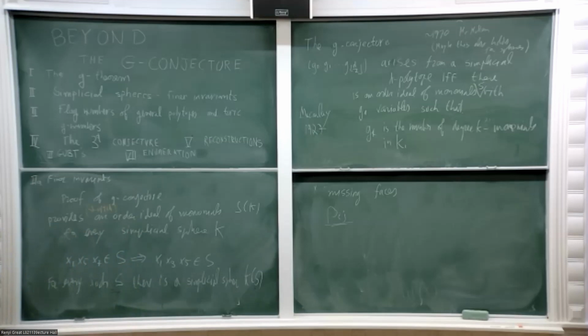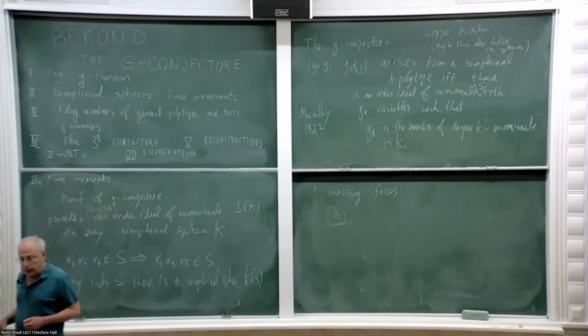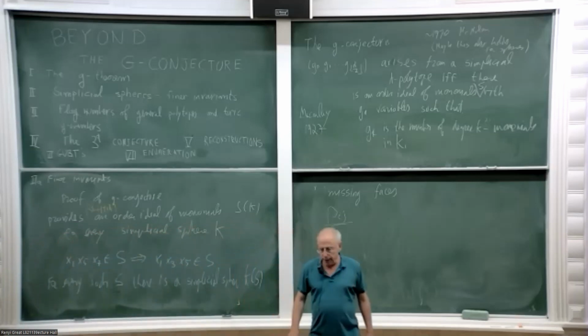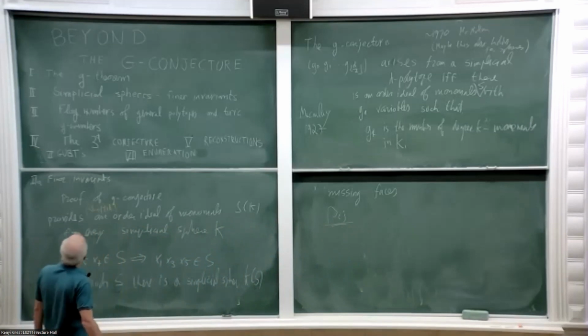Perhaps the most famous direction is what's called flag spheres. So you start with a graph, you take the simplicial complex of all complete subgraphs. This is sometimes called a clique complex. And if this clique complex is a sphere, then you're in business. And then there are very beautiful conjectures about face numbers of such spheres, and they are related to questions in differential geometry. And I think there is a good reason to believe that the increased understanding of the connection between commutative algebra and algebraic geometry that came into play in recent progress will also contribute to this problem. Okay, so let me tell you a little bit about flag numbers of general polytopes